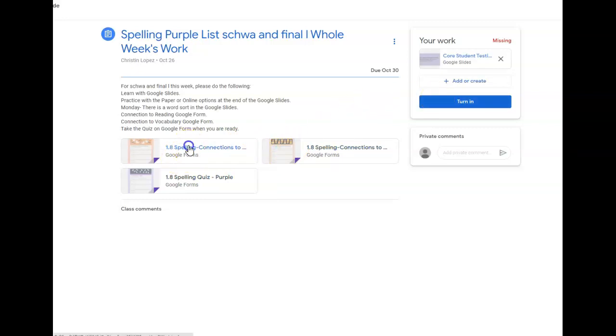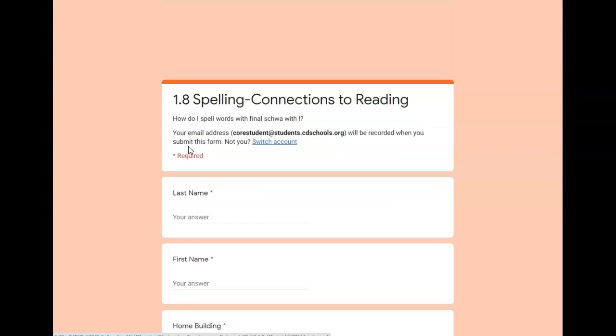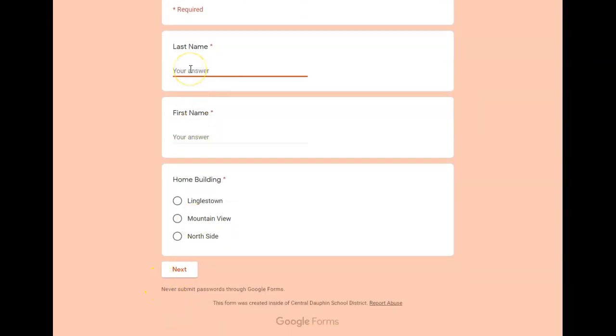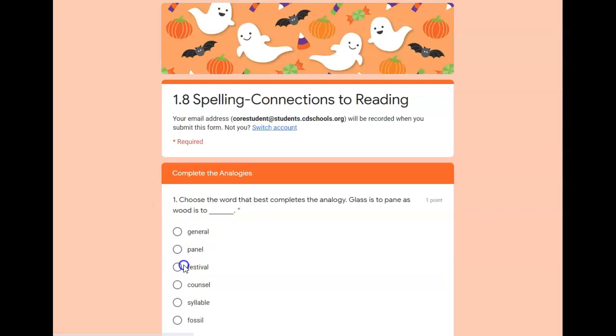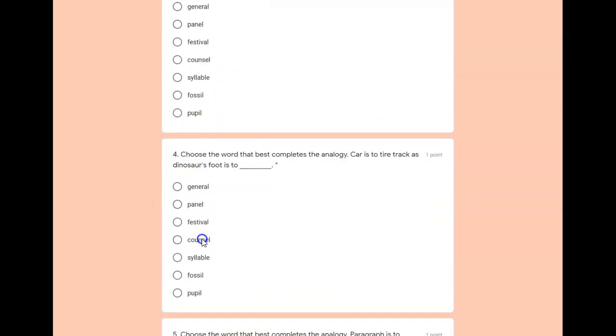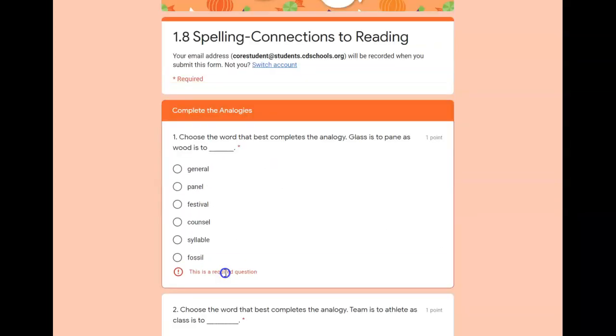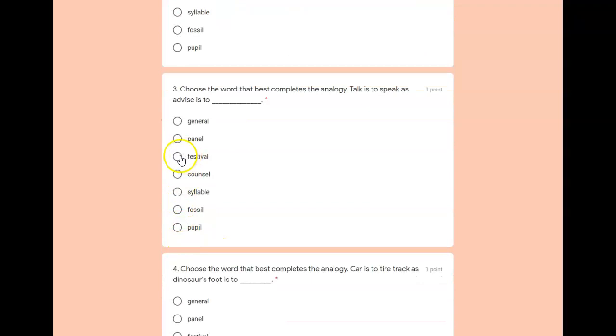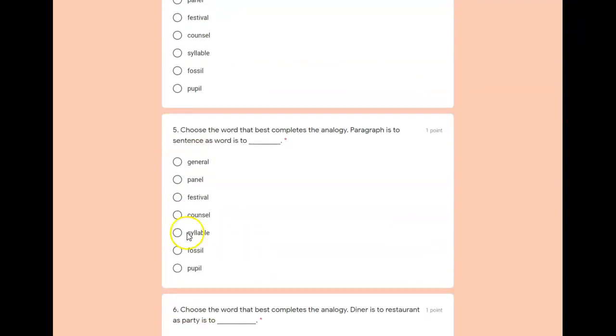Now when I go to a Google form, I would need to put in my first name and my last name, and those are backwards, and hit next. Then I need to do all of this work and then hit next. And it says, no, you didn't do it. So you need to go back and actually answer things. So I would do that. And when I'm done,